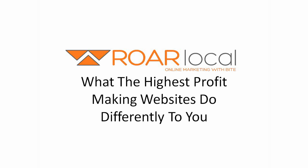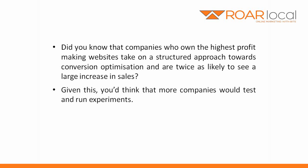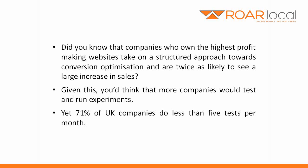What the highest profit-making websites do differently to you. Did you know that companies who own the highest profit-making websites take on a structured approach towards conversion optimization and are twice as likely to see a large increase in sales? Given this, you'd think that more companies would test and run experiments, yet 71% of UK companies do less than